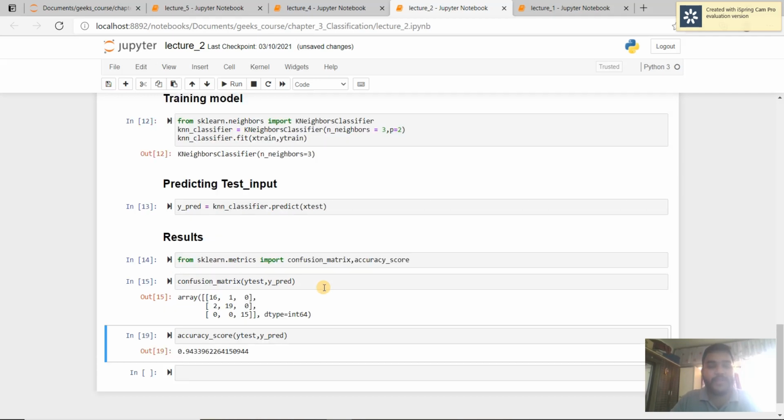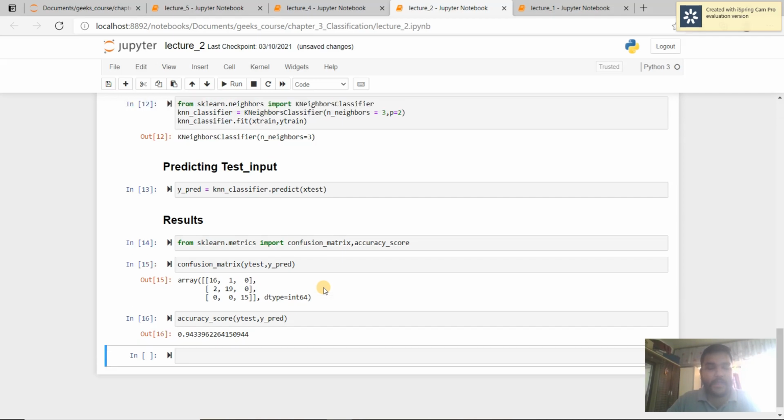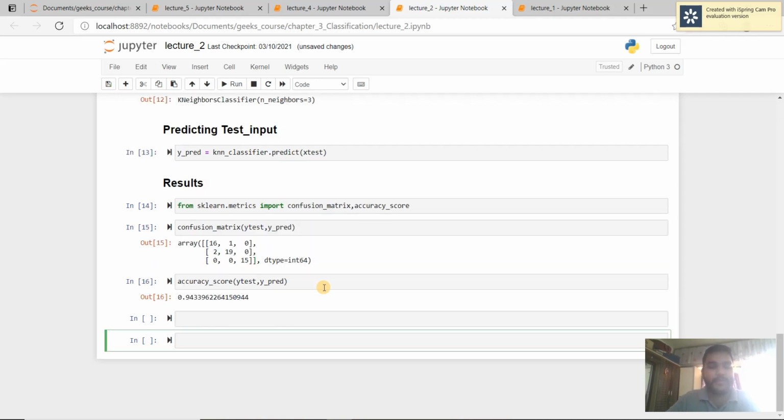As you see, in the confusion matrix the off-diagonal values are the false predictions, and all others are true. The accuracy is 94%.